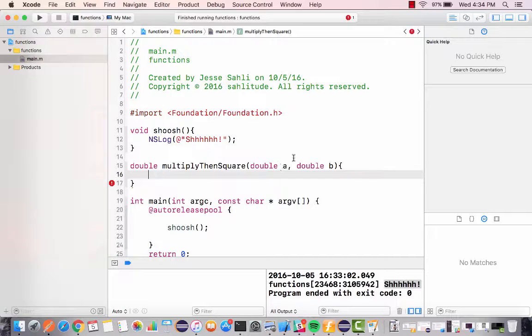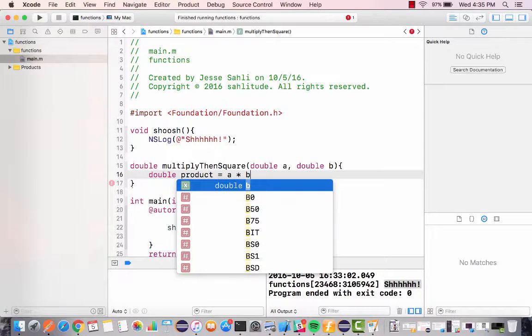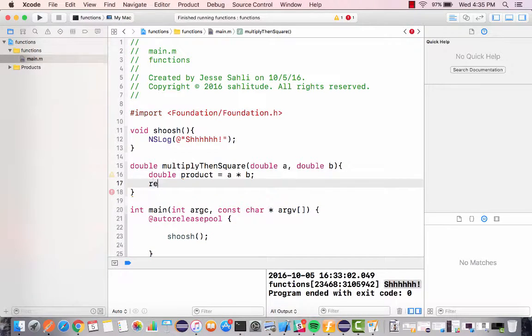These you can think of as variables that are going to be used within the confines of the function. So A and B are our parameters, and doubles are the data type that our parameters are going to be. Let's write out the code for this function. We're going to multiply A and B, and then we're going to return